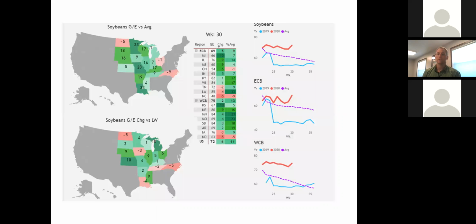So some negative factors that we need to really consider so we don't get too bullish on soybeans here. I don't know how easy this is to see for you guys, but you've got soybean good to excellent versus average. In general, this soybean crop looks really good. On the top right there, you can see the 2019 crop in blue is the good to excellent, below 60%. The average in week 30 to week 35 is to go from 60 to 55. Right now, week 30, we're in that 72% range, good to excellent. So we are well above the average percentage of the crop that's in good to excellent condition,